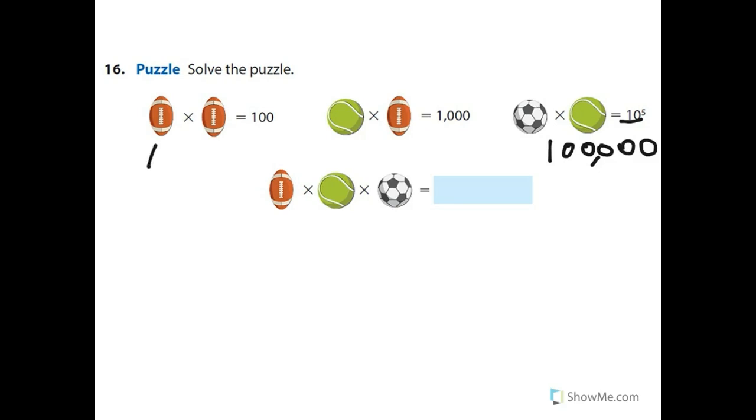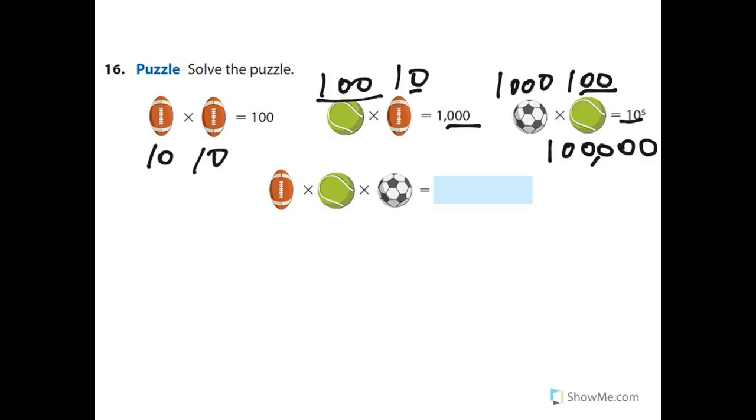All right, so I know that 10 times 10 is 100, so the football is 100. Well, we've got 3 zeros here. That's 1 0, so I need something with 2 zeros. There we go, right? And then this is 100. Well, that's 2 zeros, and I need 5, so 1, 2, 3 zeros. So now I've got 10. The tennis ball is 100. The soccer ball is